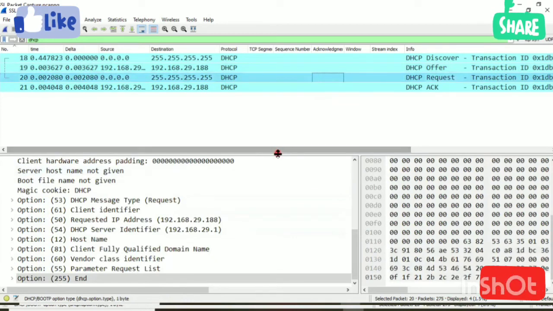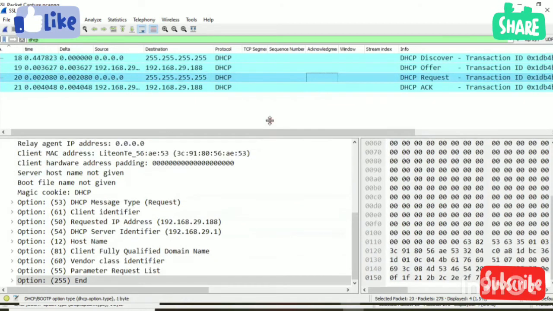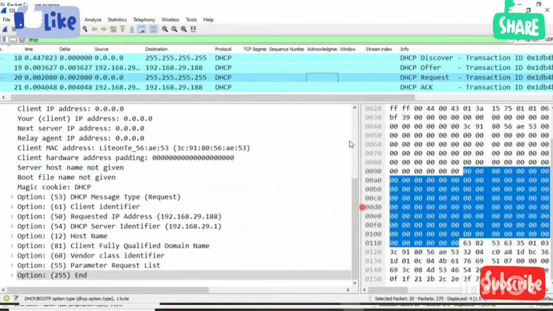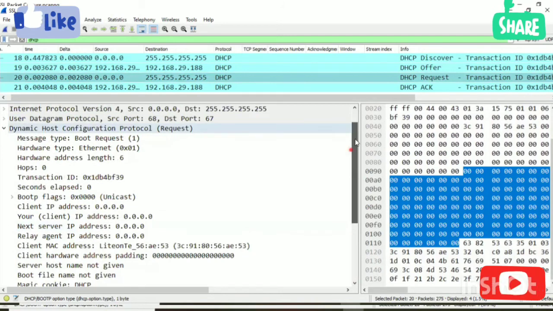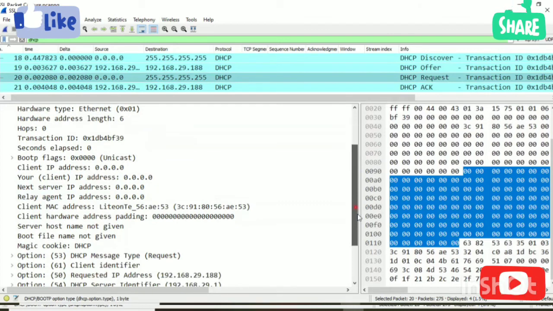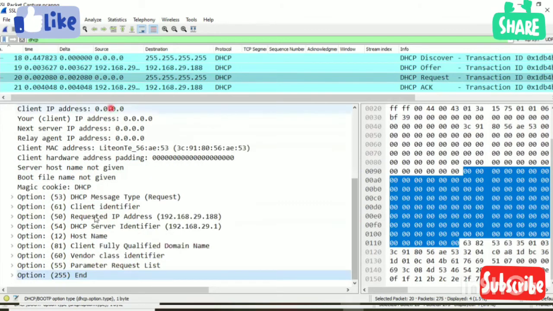Then let's go to the request. The request packet has the same things. It is like the discover packet: client IP address, next server IP address, client MAC address. You see here the magic cookie, then message type request, client identifier, requested IP address, DHCP server identifier. Here there is one change. DHCP server identifier, host name, client fully qualified domain name,